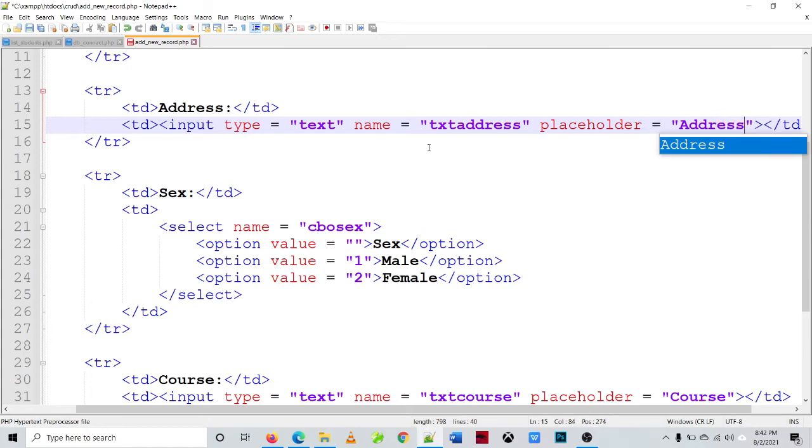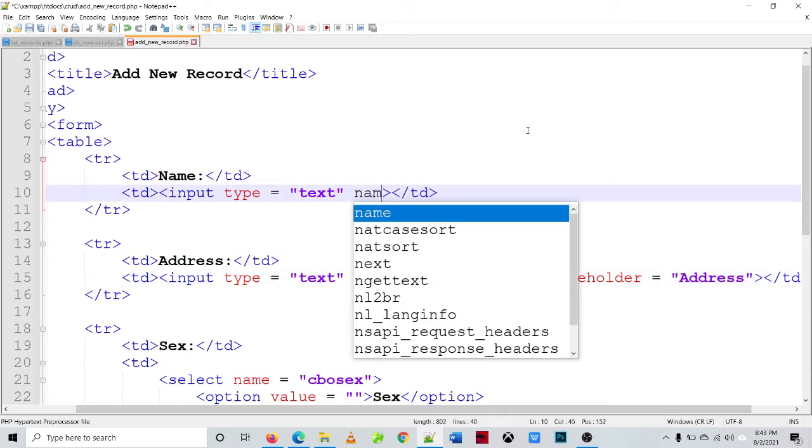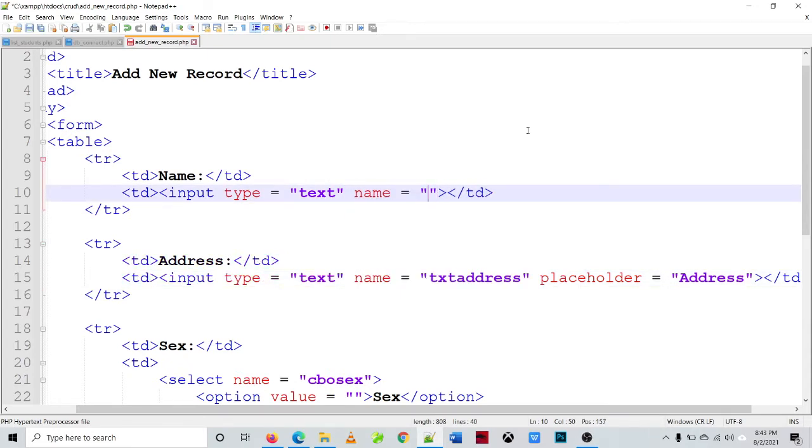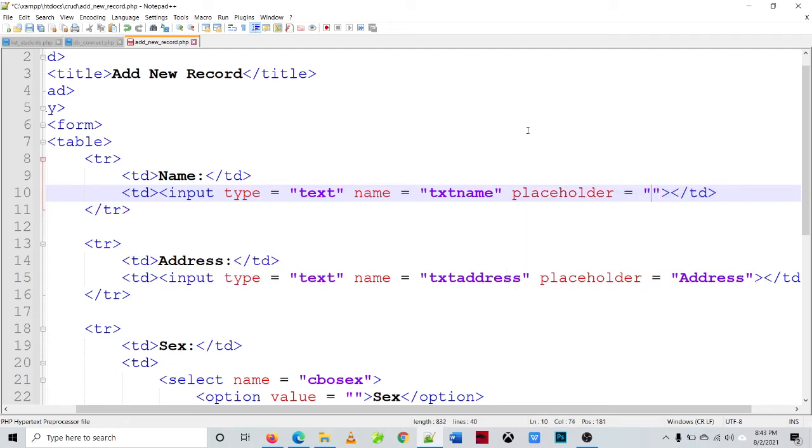So let's check the output. So we have this kind of form, and then for the name, that is txt name. Then the placeholder is equal to name,